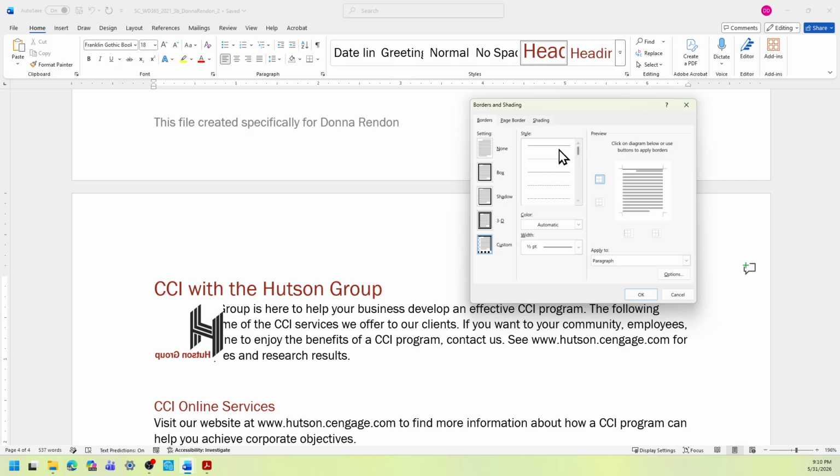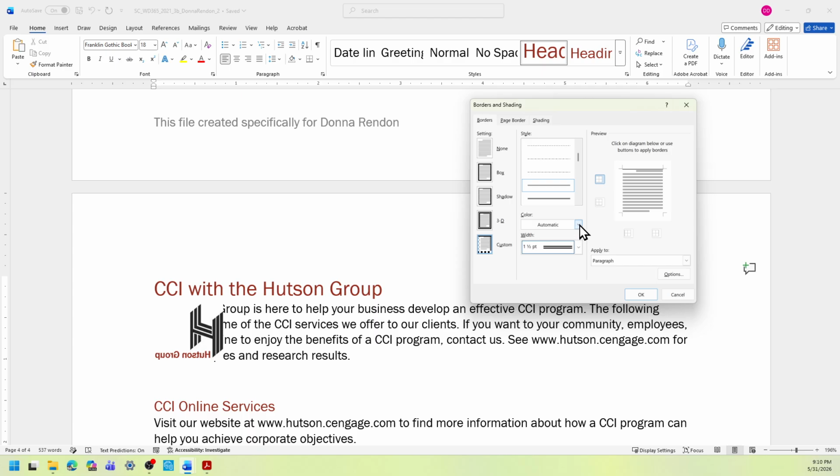So I'm going to count again 1, 2, 3, 4, 5, 6, 7. I think that it is. The width should be 1.5. There you go. And then the color of the border should be dark red accent 2.